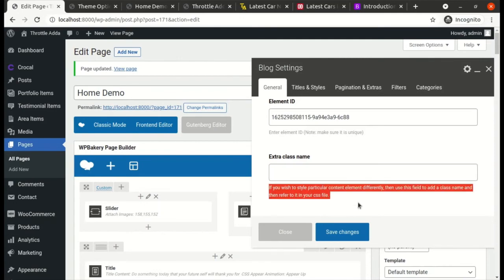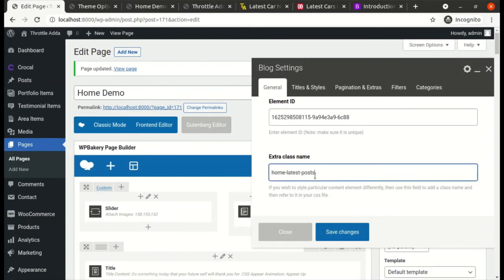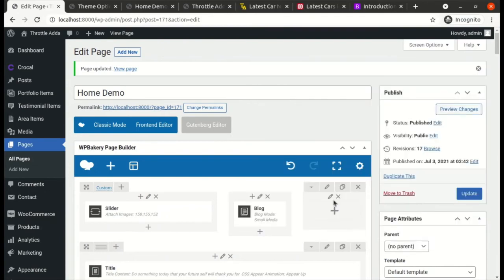If you wish to style a particular content element differently, then use this field to add a class name and then refer to it in your CSS file. Okay, so we are going to write our name. Now when writing a class name over here, we do not need to put a dot. Okay, dot is for the CSS file, the CSS code that we write, but when we use the reference, we remove the dot and we just add the name. Let's save it and check how it looks.